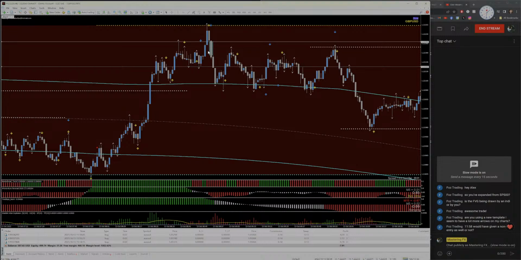Simple as that. That usually means the price actually goes higher, because if you have very efficient price delivery, that is usually an indication that we're still going higher. So if you don't have a fair value gap, you do not enter, even if you break the low. Simple as that. So we mark out our fair value gap right here, and then as soon as we get indications of a pullback, 1, 2, 3 candles that don't break the low,